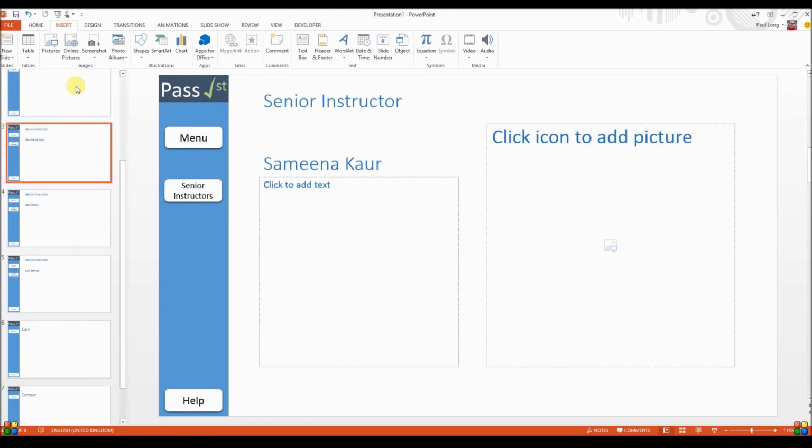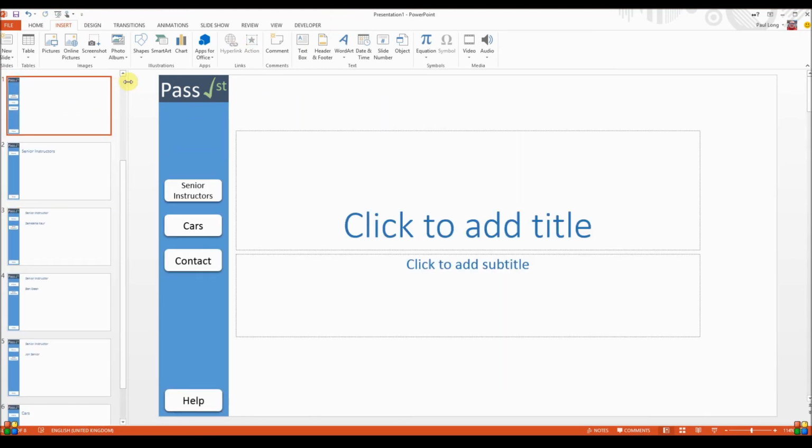All we need to do now is test that the hyperlinks actually work. If we run our presentation, you can click on each of the buttons and see if